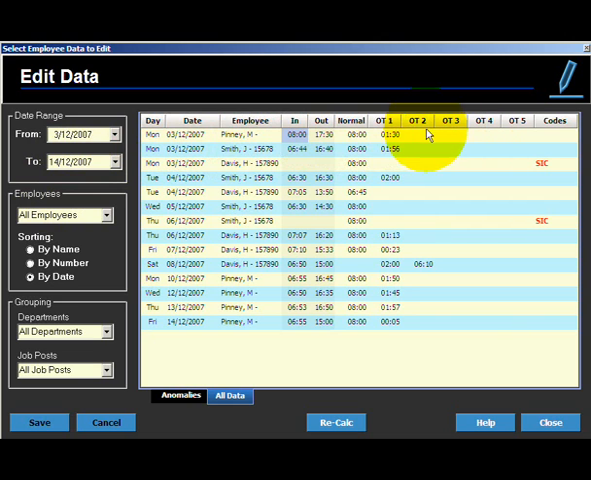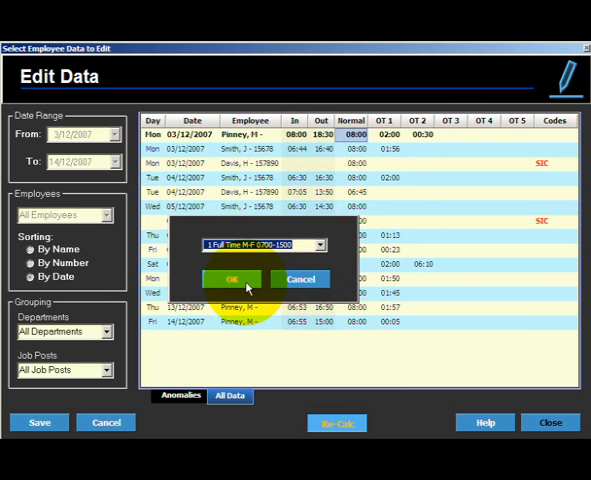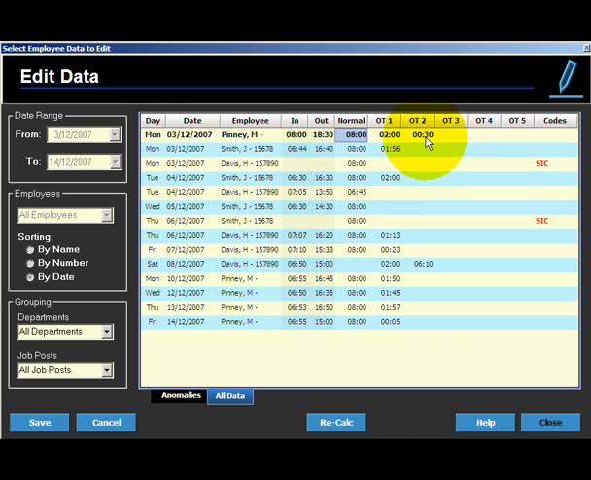Let's change the clocking, this out-clocking for Melissa. We'll make it 6:30. So 18:30. We'll now recalculate, select our schedule. This has been a change made up here into overtime 2. We'll now save our changes. We can view this data by name, by employee number, or by date. This screen will also show us if an employee has been sick,